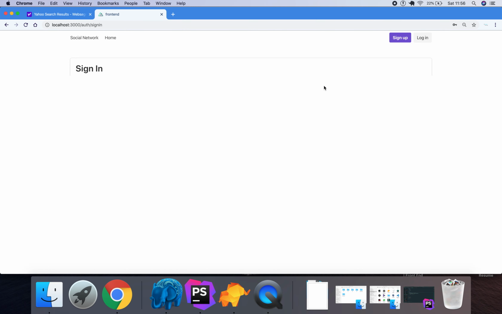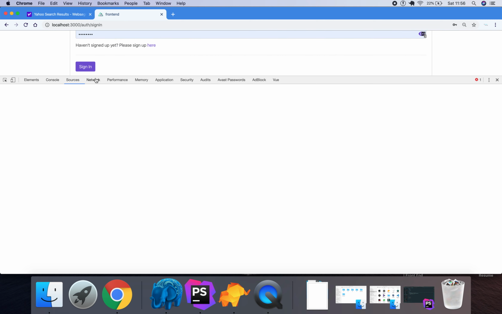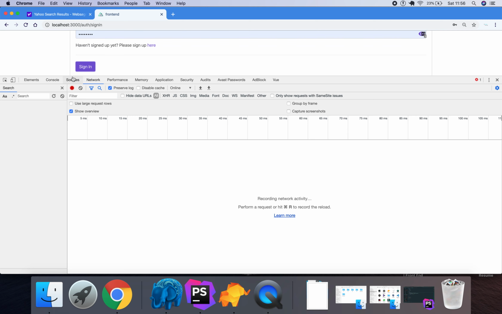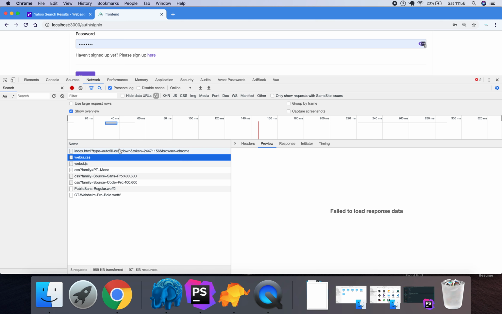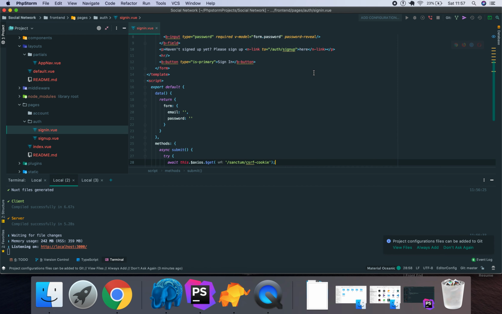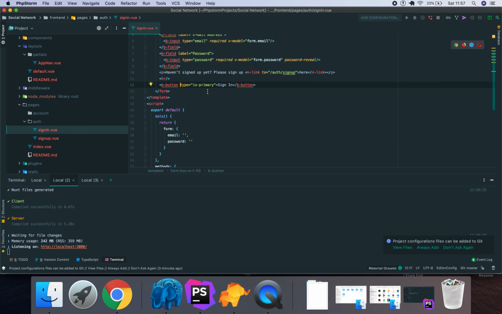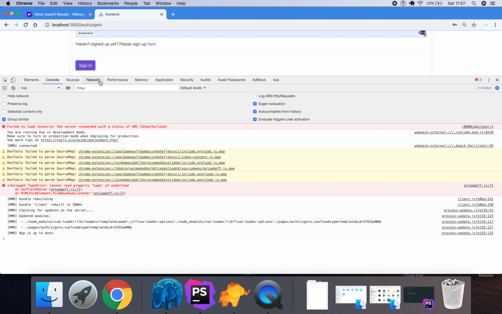So if we go and click sign in, it doesn't really matter what information we use. We can just click sign in, we just want to have the network request here. Okay, so we need to make sure that it also, of course, just add v-on. We can actually just do add click. Perfect. So now if we click sign in, go into network,